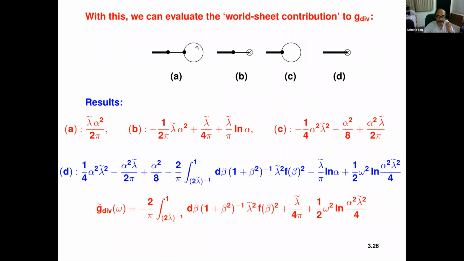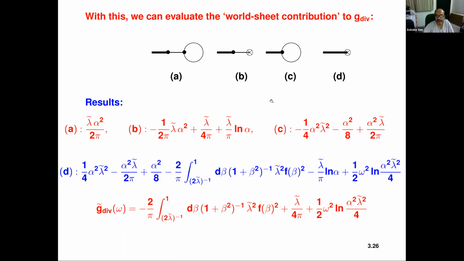Fortunately, things will simplify a bit because psi1 here will give you 0, because of the fact that the 2-point function of closed string and the tachyon and psi1 is 0. So psi1 here will give you 0, psi1 here will give you 0. But you can put a psi1 here and you can put a psi1 here. So those diagrams you have to evaluate. So that's the first extra contribution.